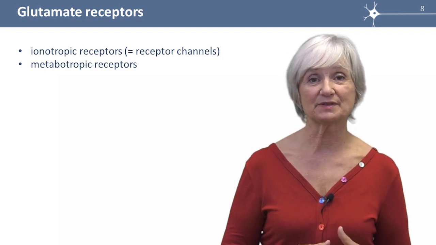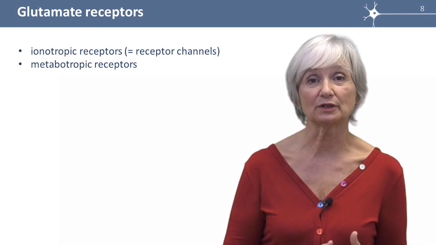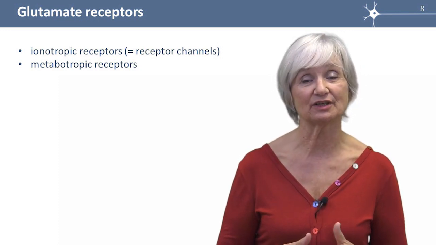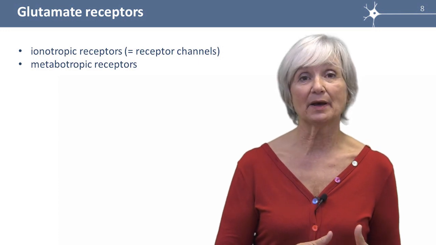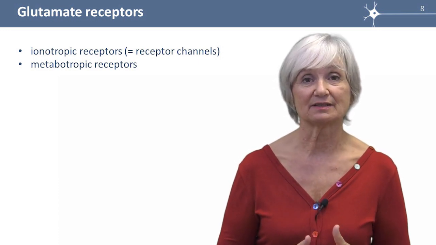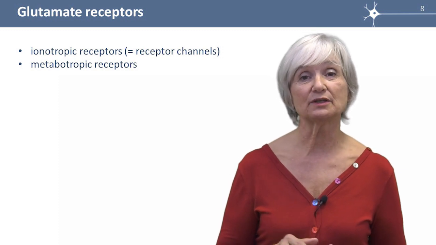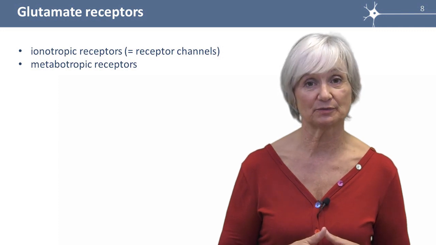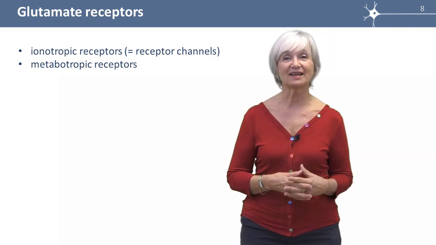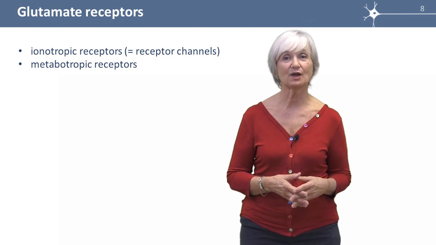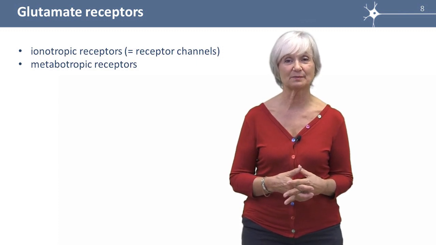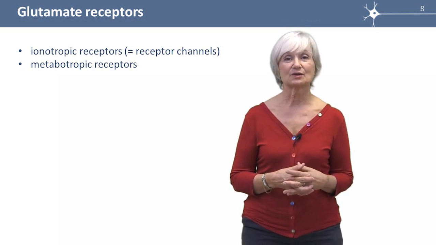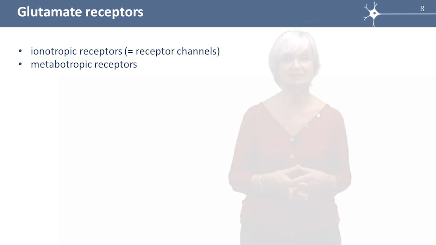They are located in the postsynaptic membrane, sometimes only one of them, only the AMPA one, sometimes two of them, for example, AMPA and NMDA channels, and sometimes three, AMPA, NMDA, and kainate channels. In this chapter, we are not going to study kainate channels, we will only study AMPA and NMDA receptor channels. There is another type of glutamate receptor, which is called metabotropic receptor. This is not a receptor channel, so we're not going to study it in this chapter.